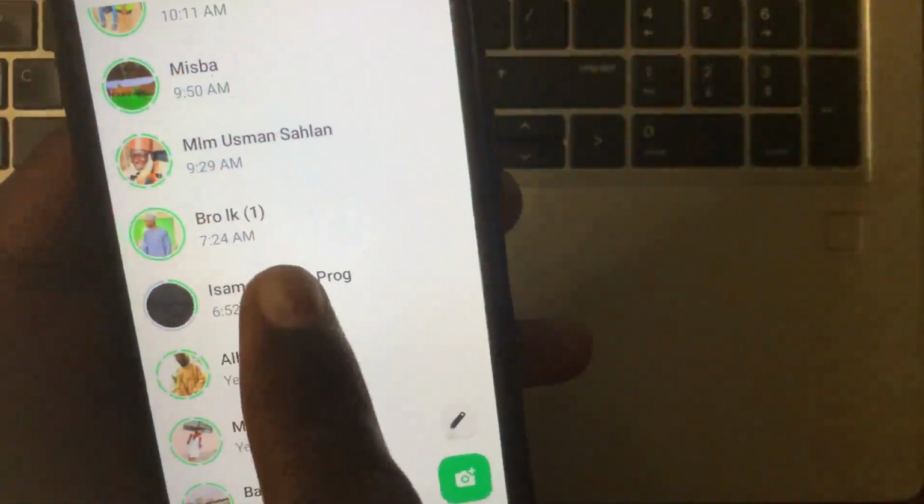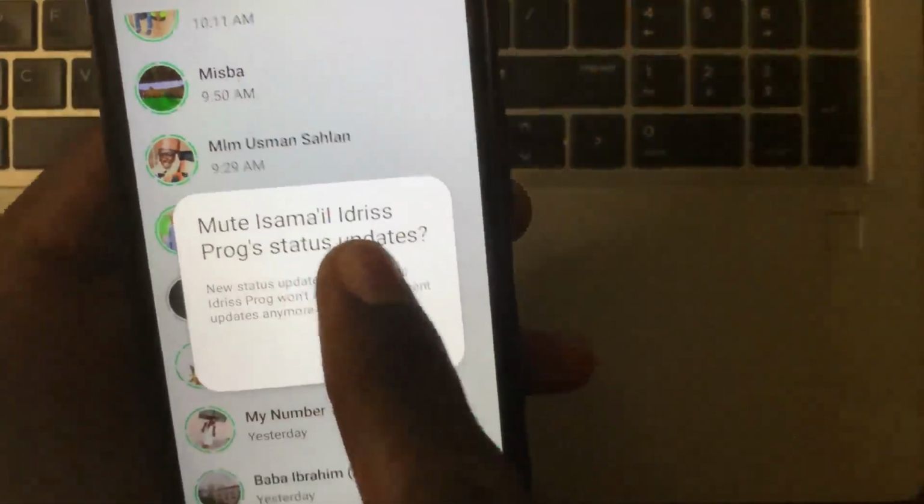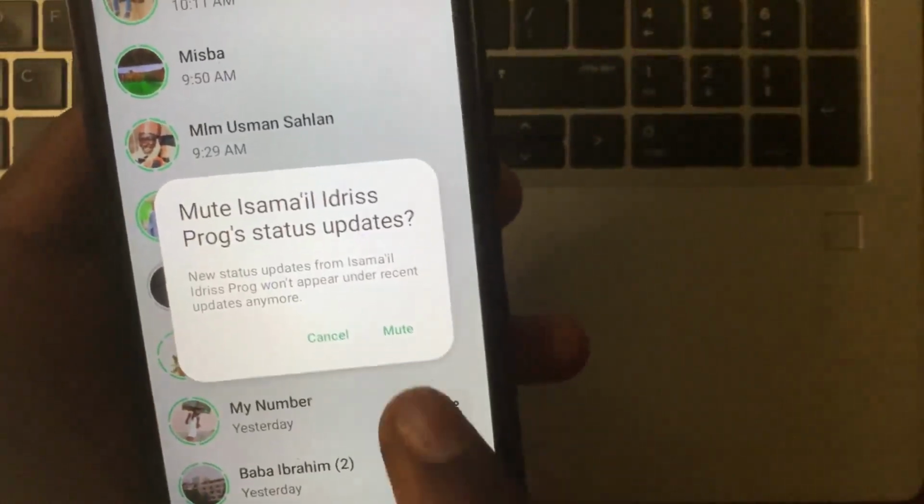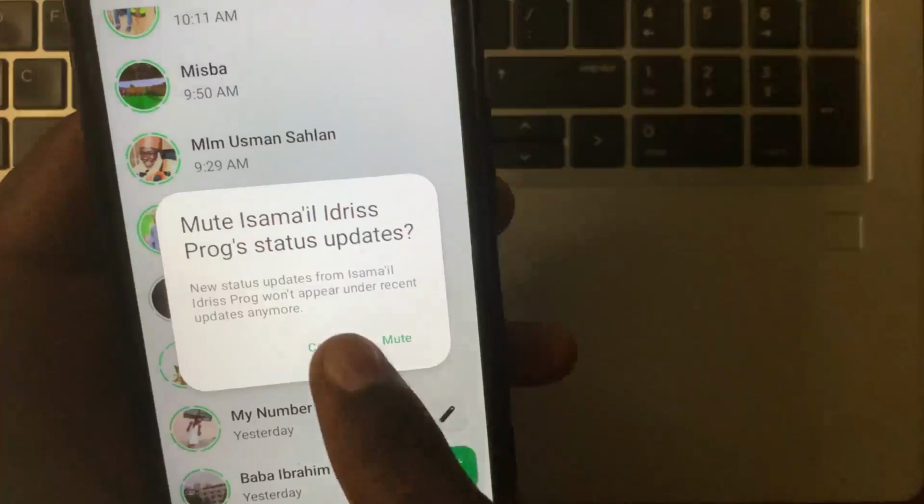Now if you tap on this back arrow, let's say I will place my hand on the status. If you place your hand on the status, as you can see, still there is no option for me to repost the status. So as you can see, for now,